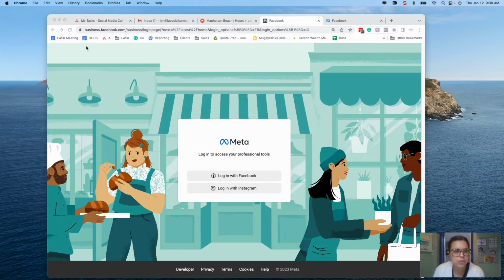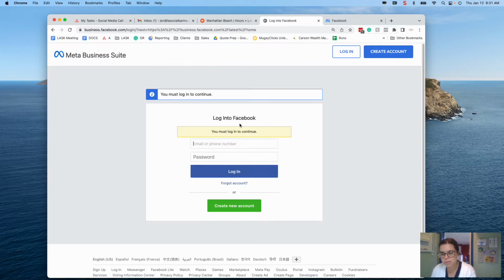So what you want to do is log in at business.facebook.com. Now, you log in using your personal Facebook login, but you're completely separate if you're set up in the Business Manager. So you're not going to accidentally comment as yourself or whatever. It's completely separate. So what you'll do is log in with Facebook, your credentials that you would use privately,